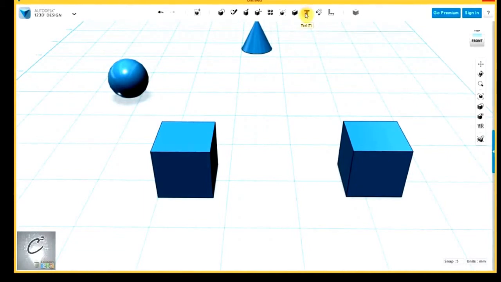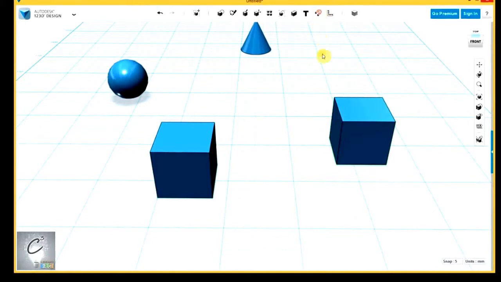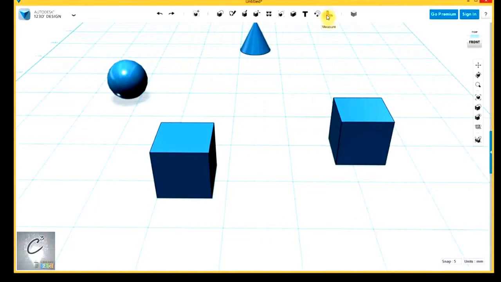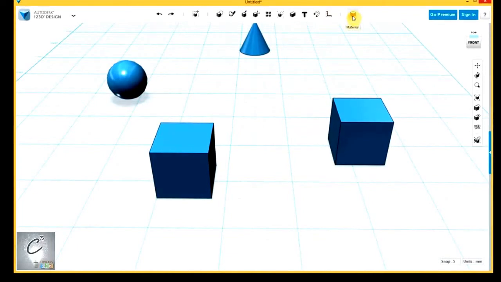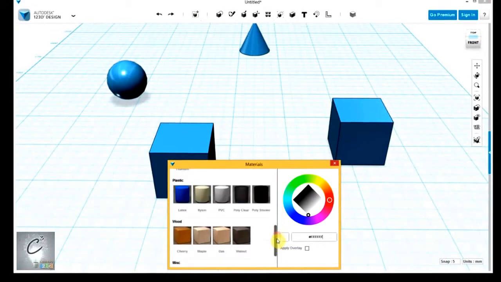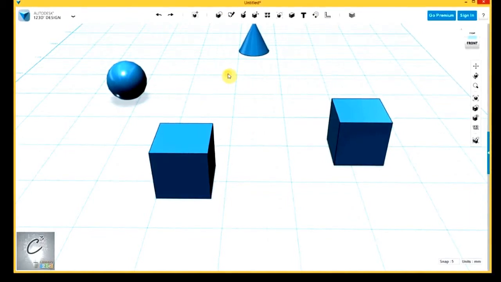This is your text tool. Snap will bring objects together according to their faces, if you choose to snap faces to each other like that. Again, we'll go into that in a little bit more detail. This is your measuring tool to measure distances between vertexes and edges and faces and things like that. And then your materials tool can choose the colors that the cubes appear in. Again, we'll be covering those tools in more detail throughout the rest of the tutorials, but I just wanted to give you a quick overview